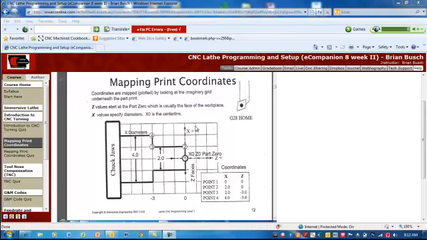As in can cycles, which you'll learn later, they'll be done from a position that is outside the largest diameter by 100 thousandths and outside the face of the part by 100 thousandths. So if we look down here, we look at point 1, we are at x0, z0, which is the face and center line of our part. Point 2, we are at a diameter of 2 inches. Remember that we're going to be programming in diameters, not radii,